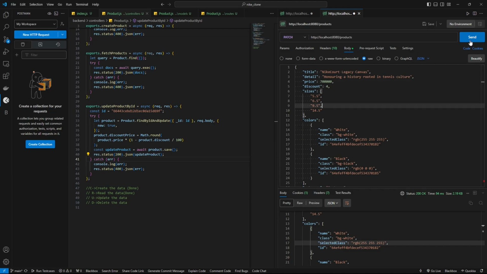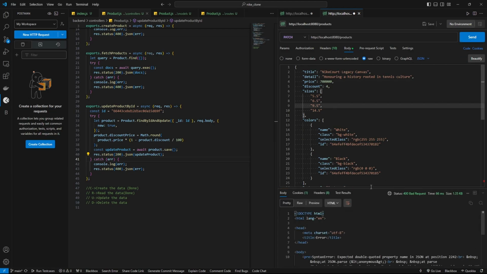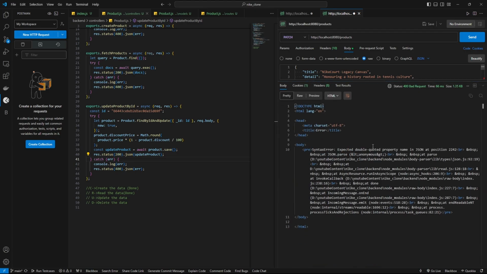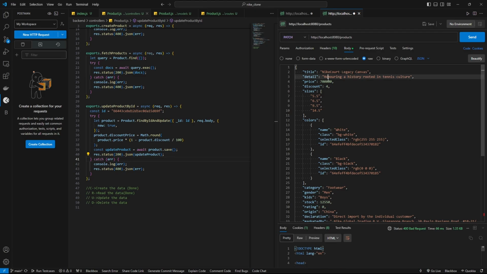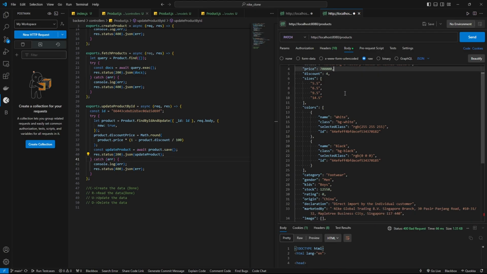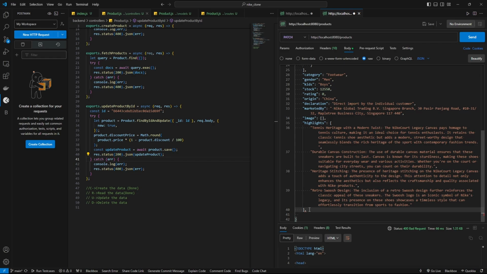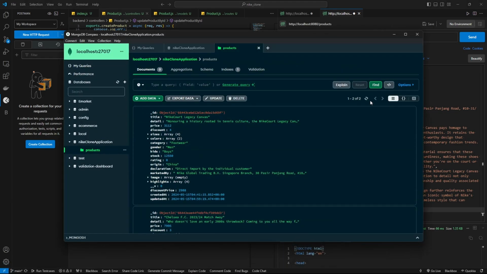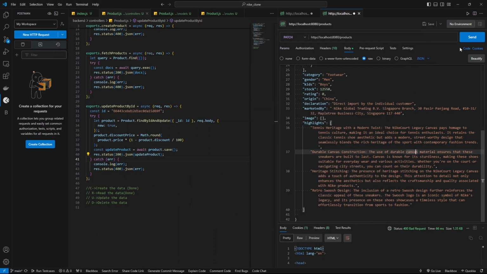So let's hit send to see the changes, and it is showing us a bad request. Let's see. Expected double quote property name in json. Okay, so here we need to put it in a json, I think I have put everything in a json. Okay, so I need to remove the comma. I don't think anything is saved in our database because there was an error. As you can see the price has not changed yet. So let's try it now,